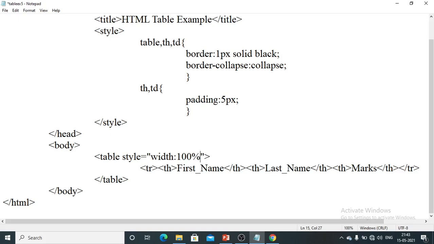Then the first name was there, I will just keep it as name, right?